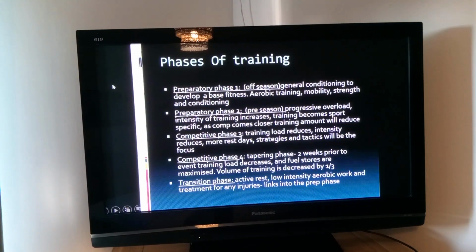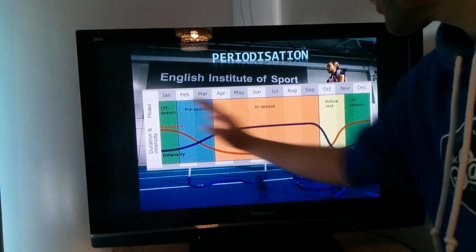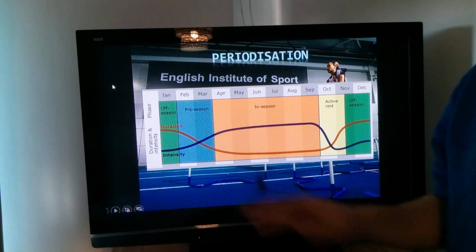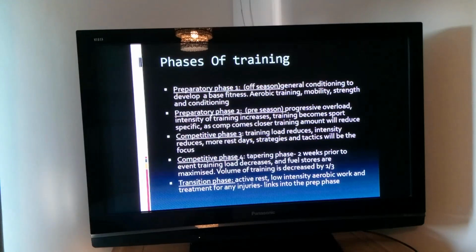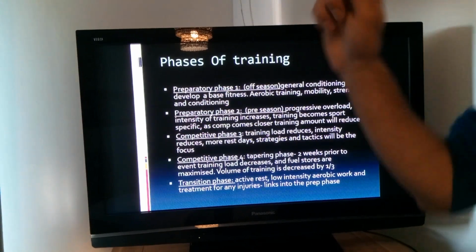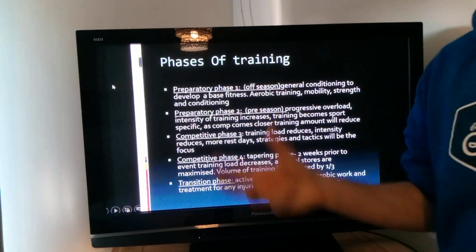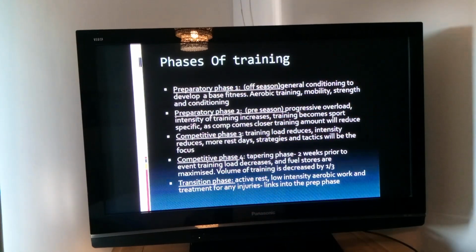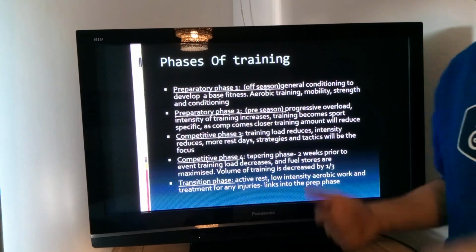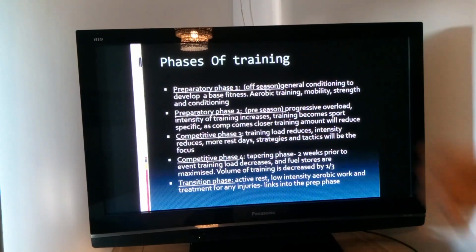So, phases of training. So if we go back to here, we've got different sections to a training program. Whatever your sport is, you've got different sections. And then what I want you to do in a minute is obviously you're filling in your booklet as you're going through this, pausing it, filling it in, but also I want you to try and draw up something of your own kind of training program. So whether that be netball, athletics, swimming, hockey, tennis, whatever. Okay, I want you to draw up your own in a minute.